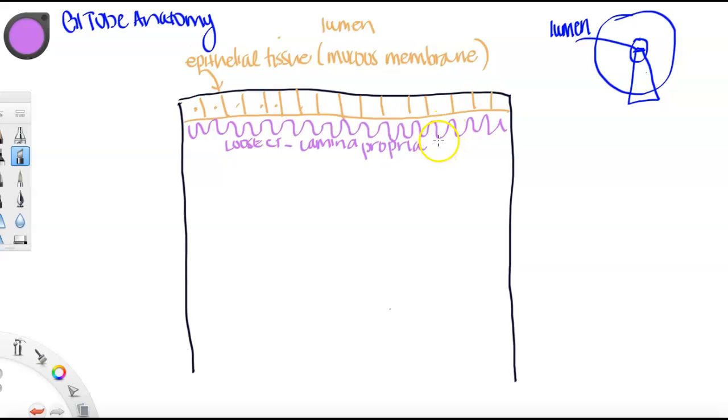And we all know, or should know, that that's areolar connective tissue. All right. Deep to that, and remember, lamina propria is specific to mucous membranes. All right, so deep to that